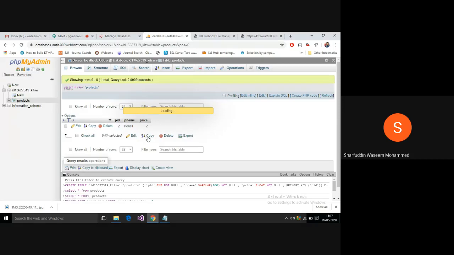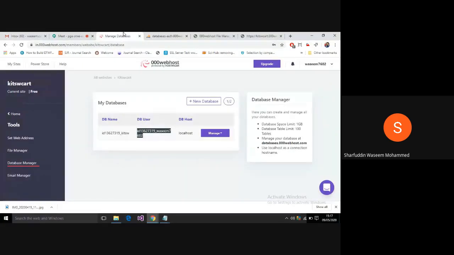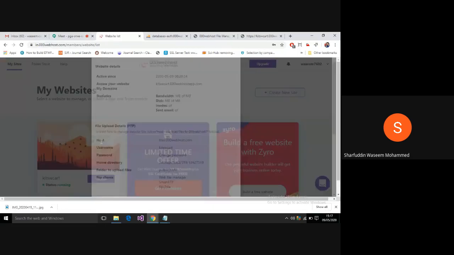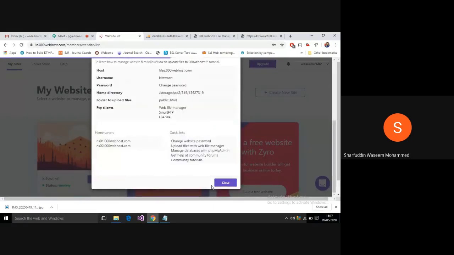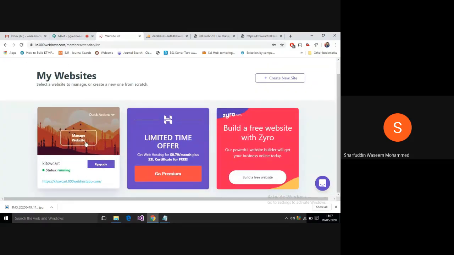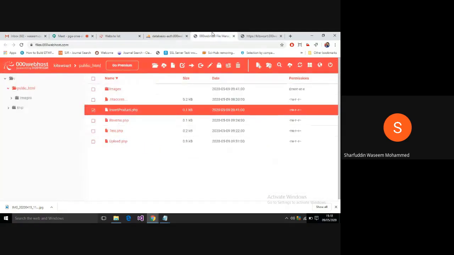Okay, so someone entered books. So this is 3 and this is 5. So guys, if someone is unnecessarily inserting values or unnecessarily accessing your website, simply go to this website and you can stop your website. You can perform the action. Then details, then you can manage this. I'll let you know where the option is and how to stop this.